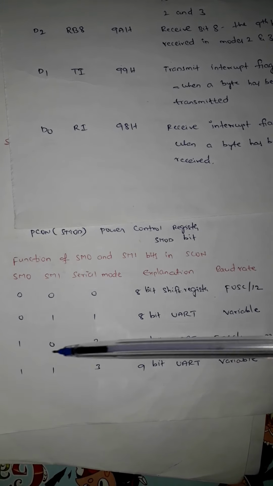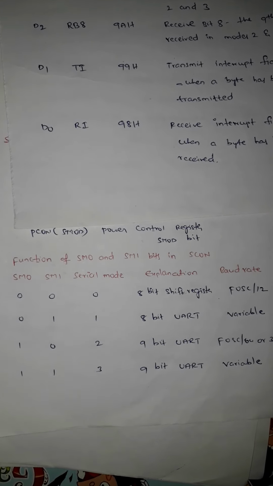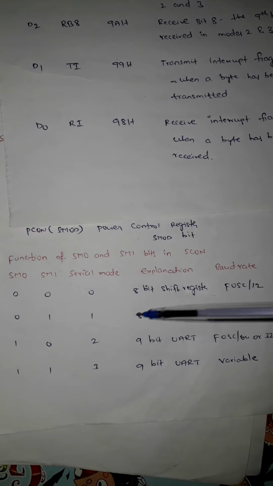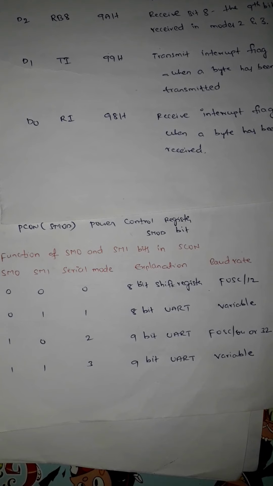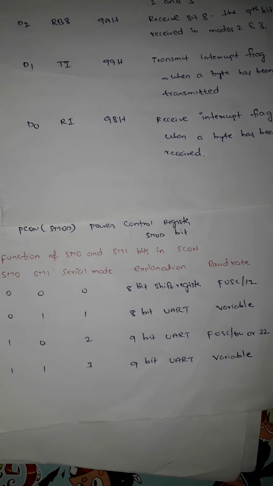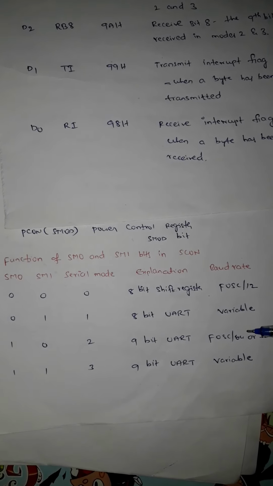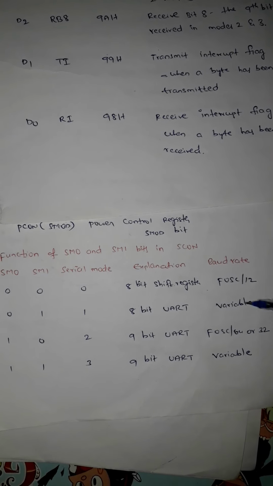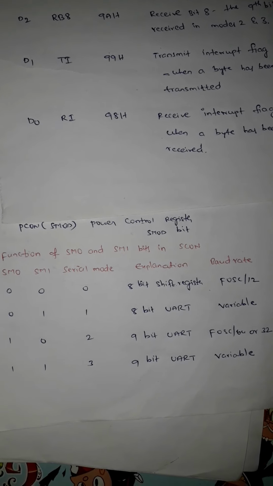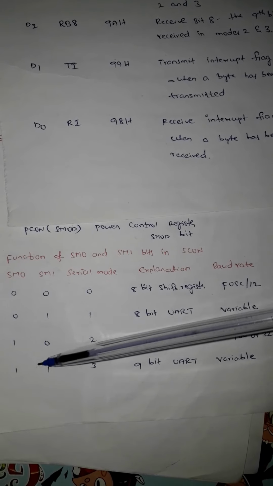If you write 0 1 0 to SM0 and SM1, then mode 0 is selected. In mode 0 the serial port acts as a 9-bit UART. In 9-bit UART an additional bit is used for different purposes, and the baud rate is fixed in this case, that is mode 2. You can use the crystal oscillator frequency divided by 64 or 32 as the baud rate used in serial mode 2, and then setting the bits SM0 and SM1 to 1 1,